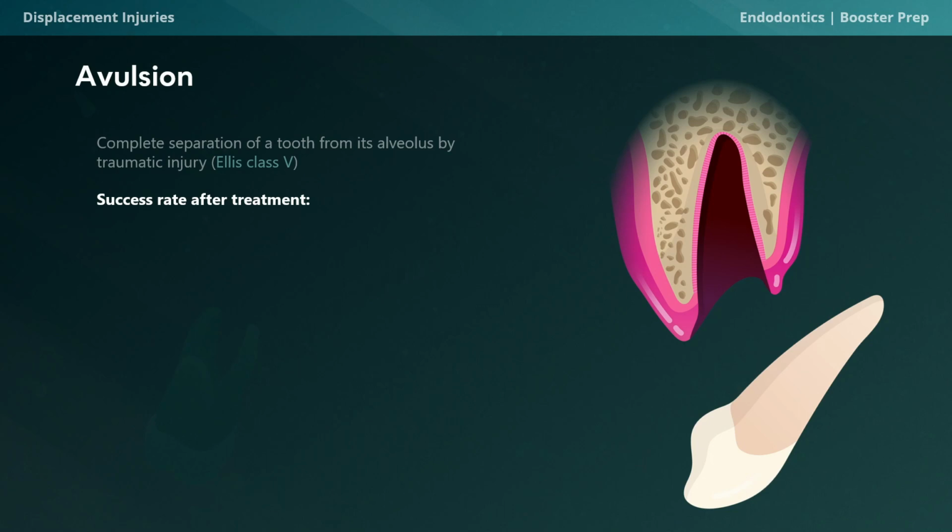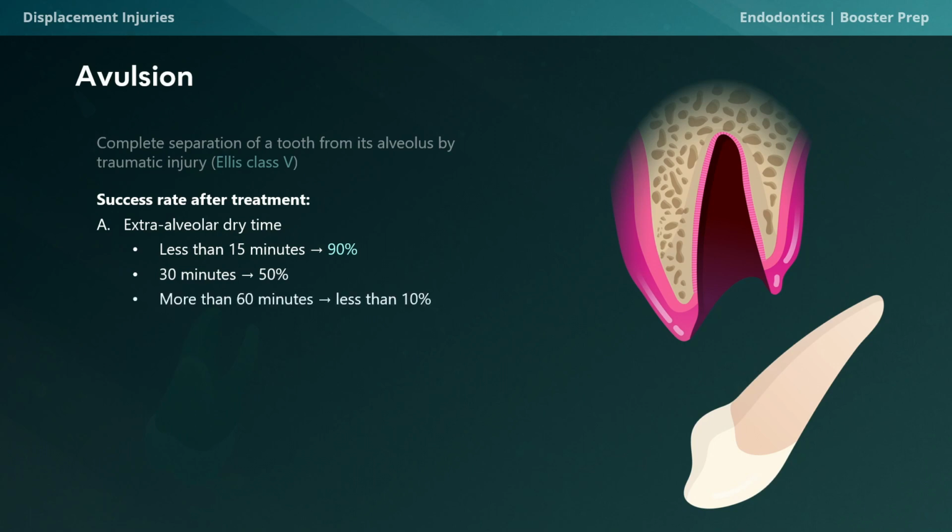But if you can't reimplant it on the spot, the clock starts ticking. The longer the tooth stays out, the lower the chances of it fitting back in well. If it's back in under 15 minutes, you've got a 90% success shot. If you wait 30 minutes it drops to 50%, over an hour, it's less than a 10% chance of success. Now, if for whatever reason you can't reimplant, you need to store the tooth, but you gotta pick your